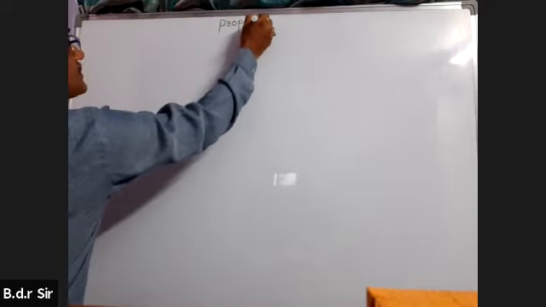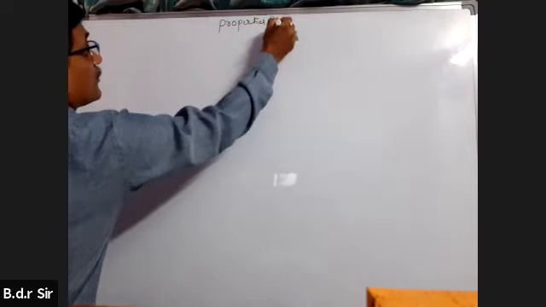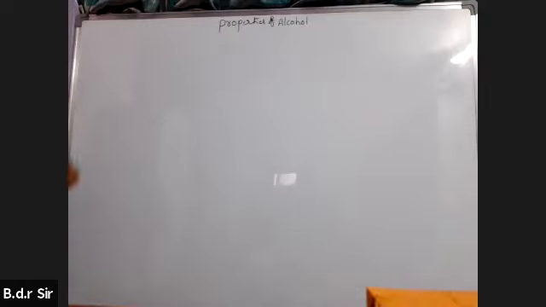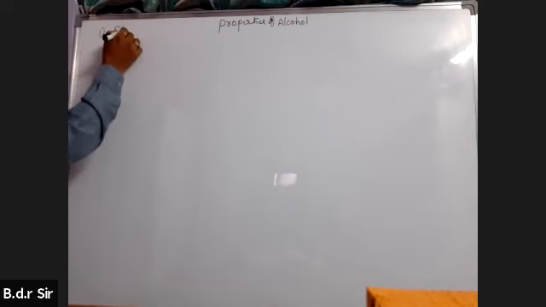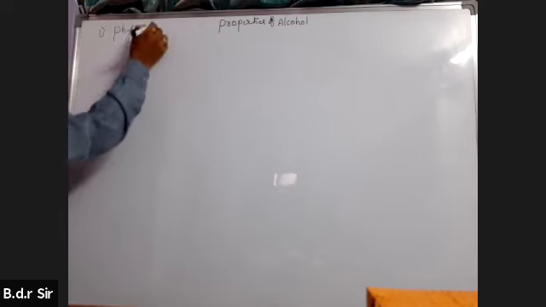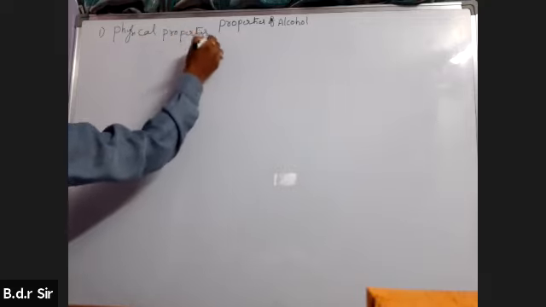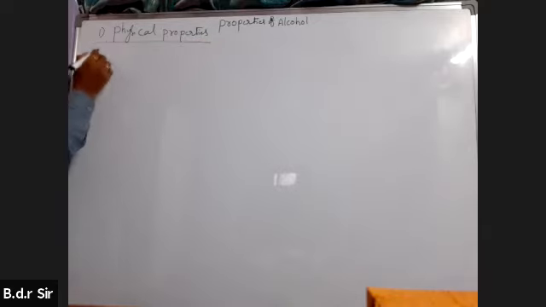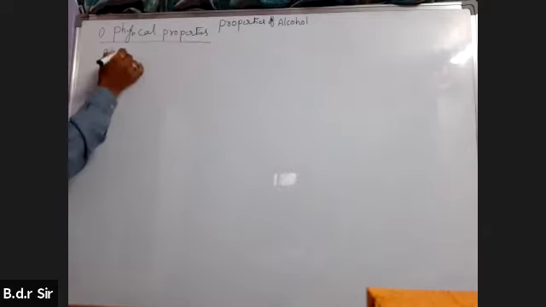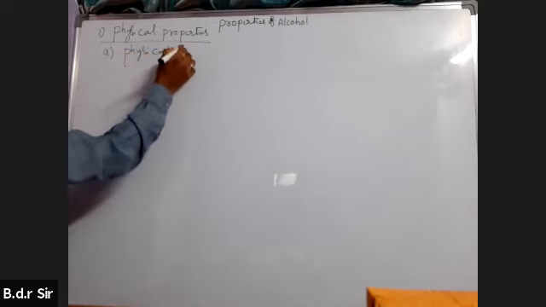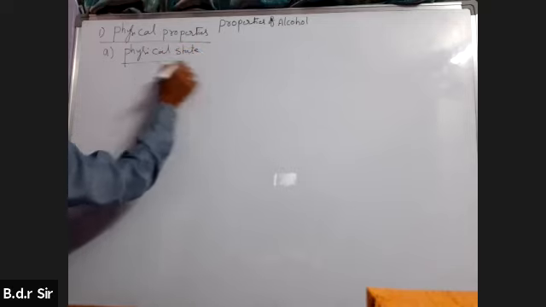Properties of alcohol. First one is physical properties. In the physical properties, first physical state. Here first one,